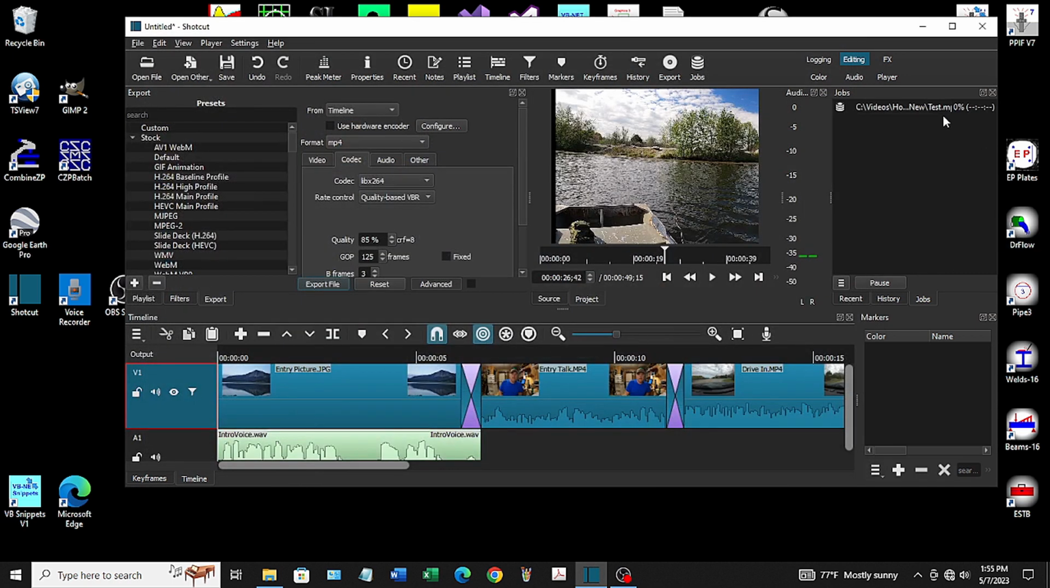Now up here you can see this is compiling and it tells you how fast it's going. In this case, I'm at 3%, 4%, 5%, pretty slow. Okay, now it's finished, and we created our video file called test,